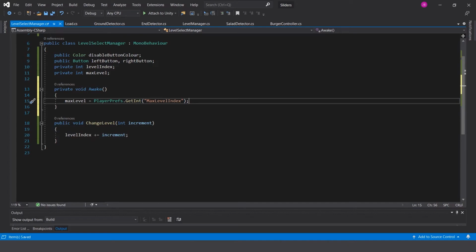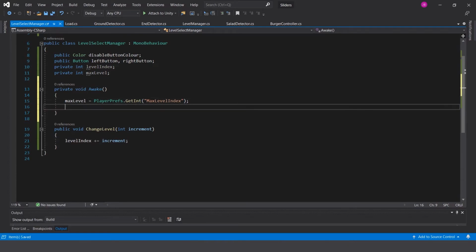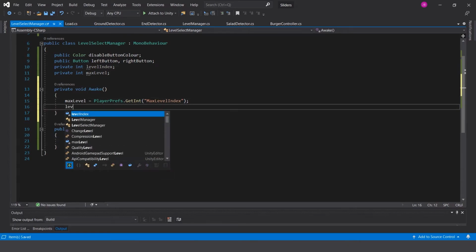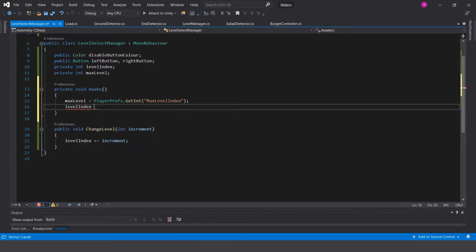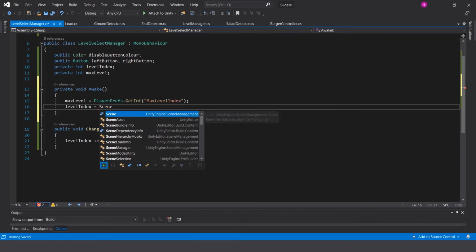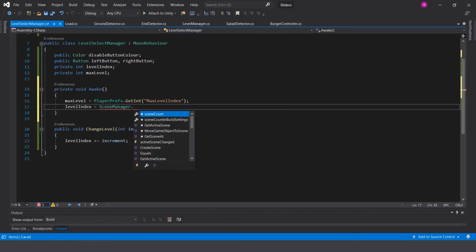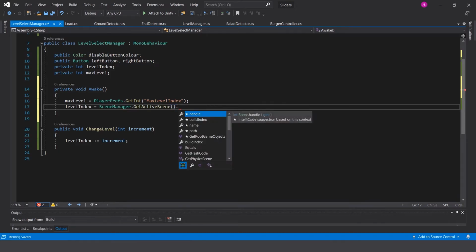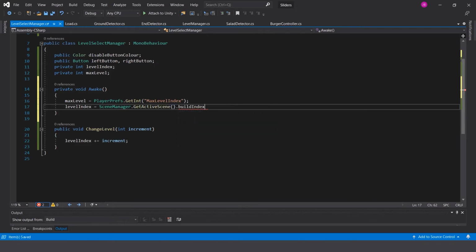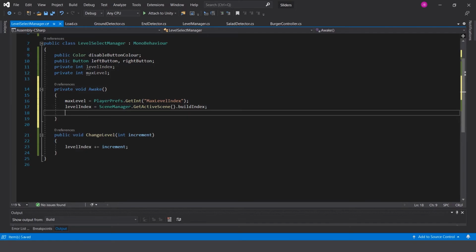There we go, max level will equal that, and by default we'll set the level index to the current SceneManager.GetActiveScene, so whatever the current build index is. And oh yeah, we'll also need